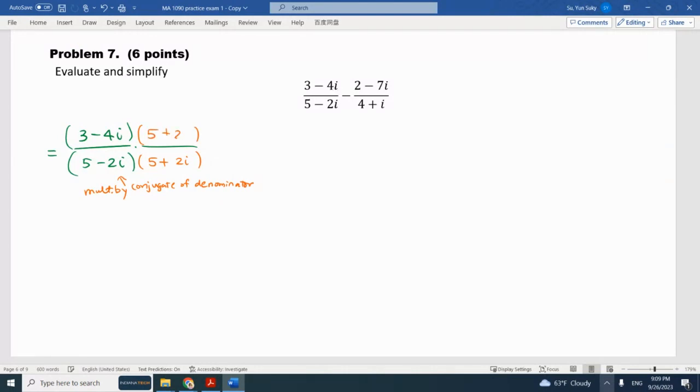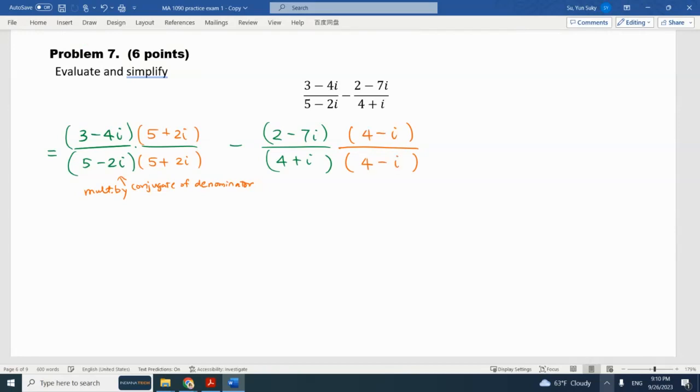And you multiply the same thing on top and bottom, so you're not changing the problem. We cannot just make up the problem and change it. We want to make it equal. When you multiply and divide by a number, it's the same as multiplying by 1, so you're equal to the old quantity, right? We're not changing it. They're still equal. And the second one, 2 minus 7i over 4 plus i, you multiply by the conjugate of the denominator,